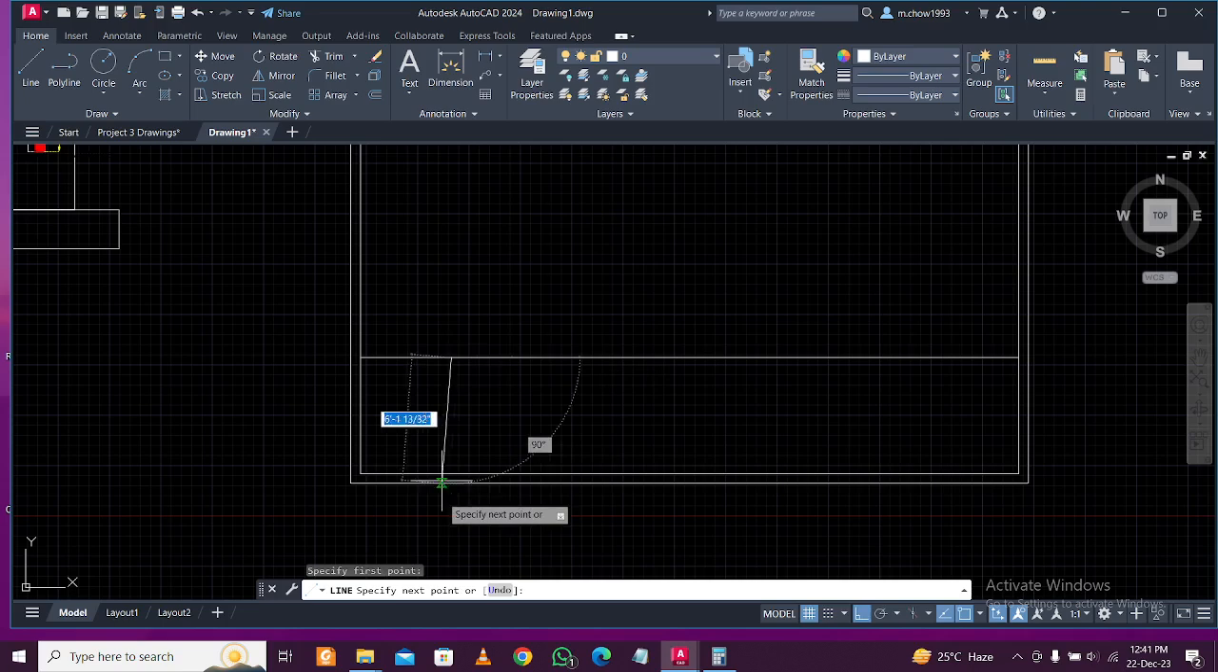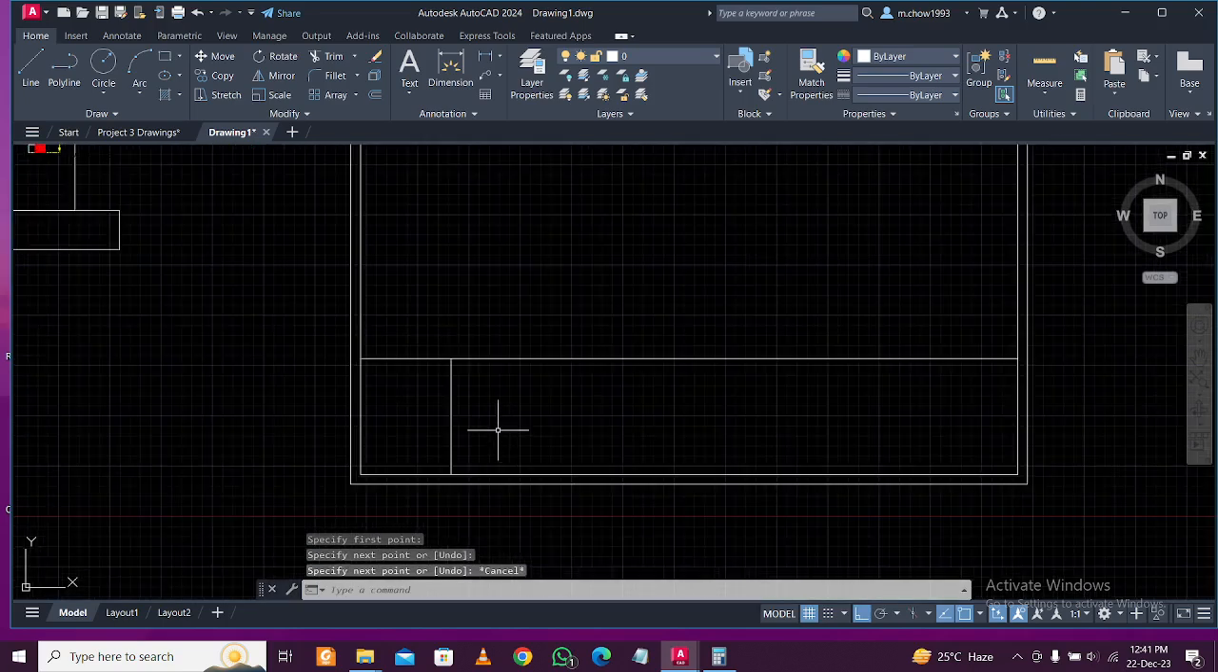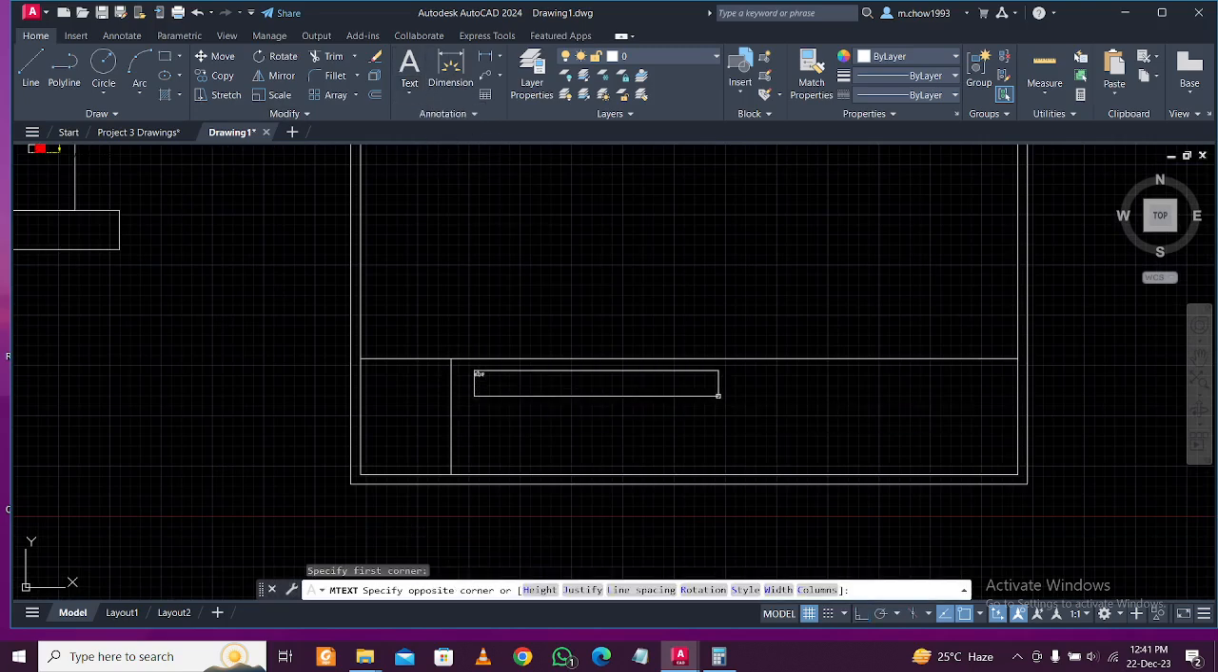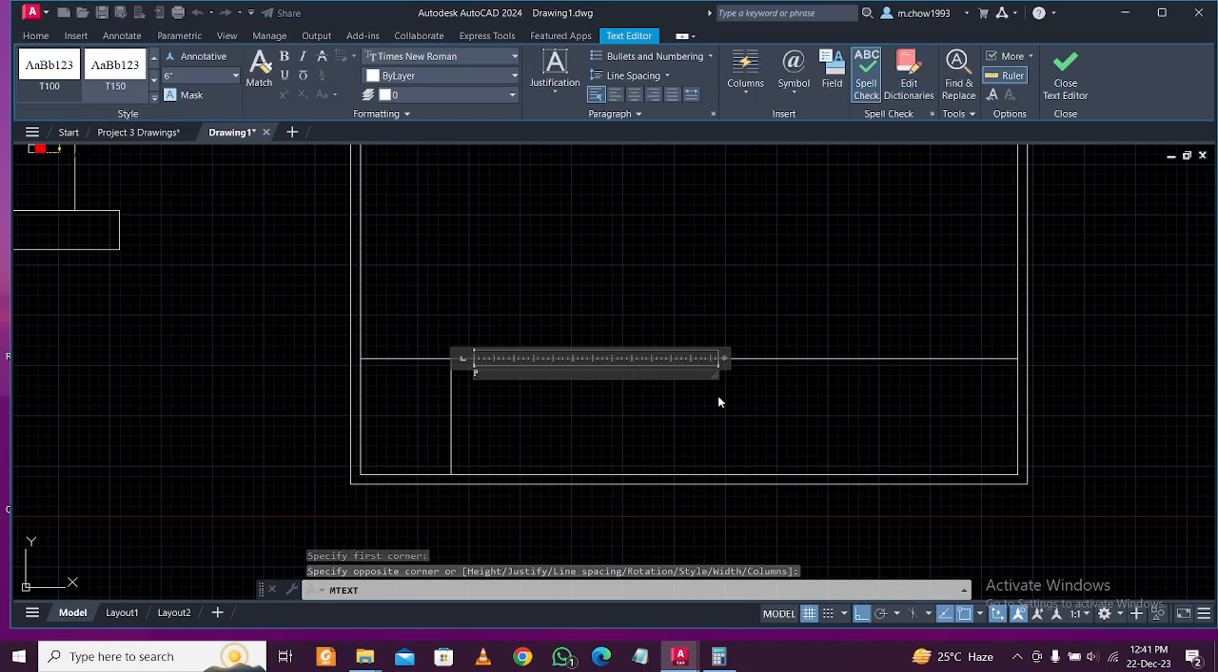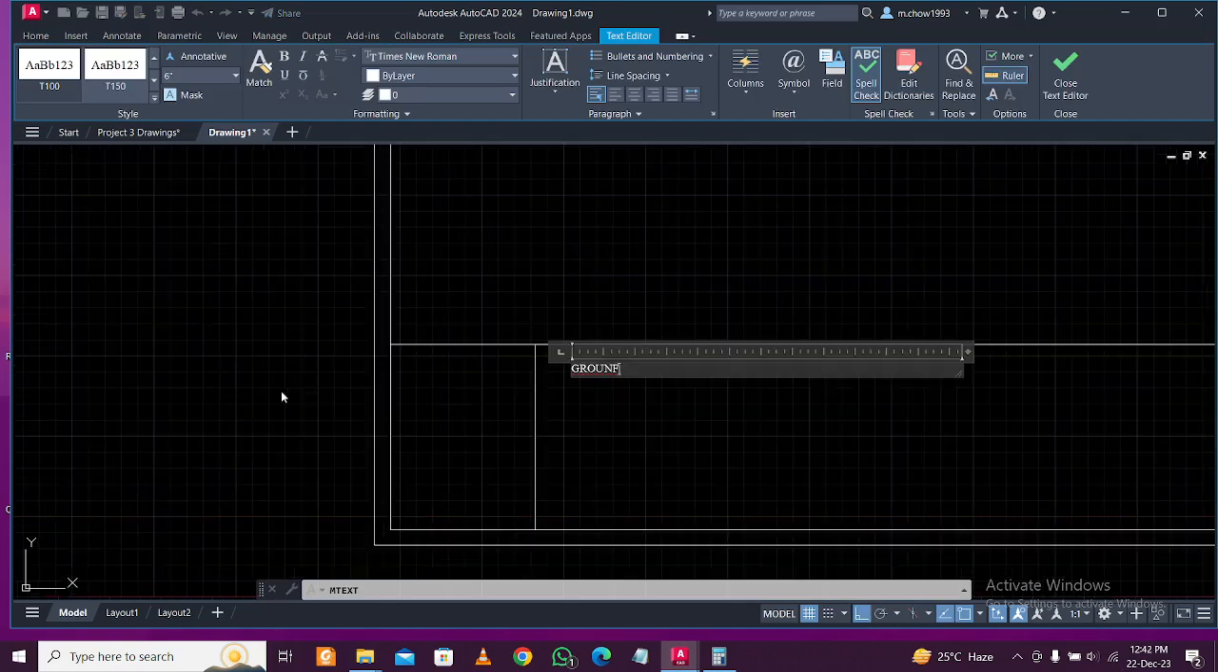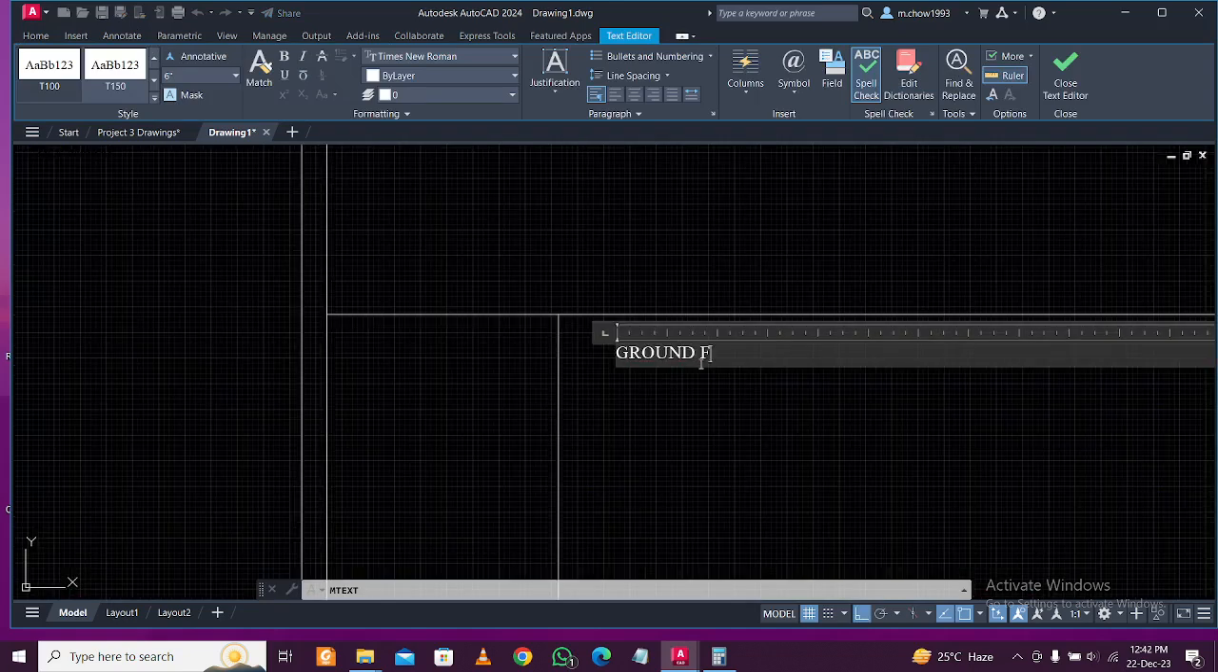Here I want to give the direction of this thing, and I want to give the text here. Later I'll just do this multi-line text here. Plot ground, okay, just zoom in, ground floor building of Mr. Kumar. Okay, ground floor building drawing,